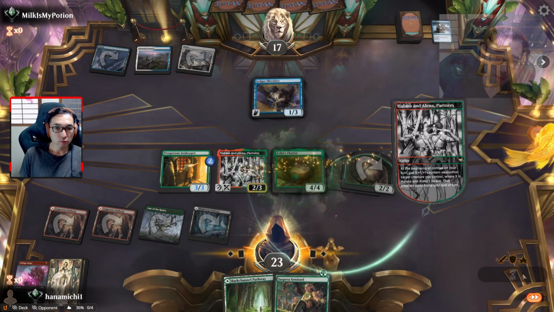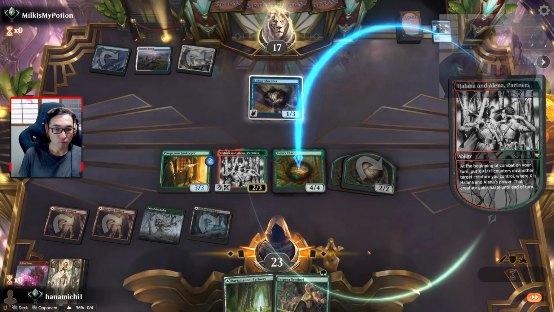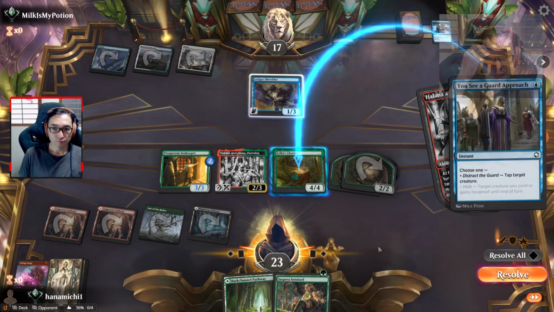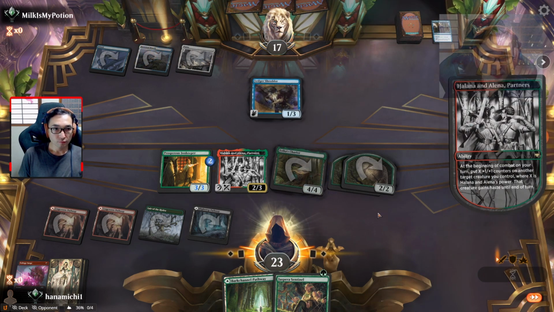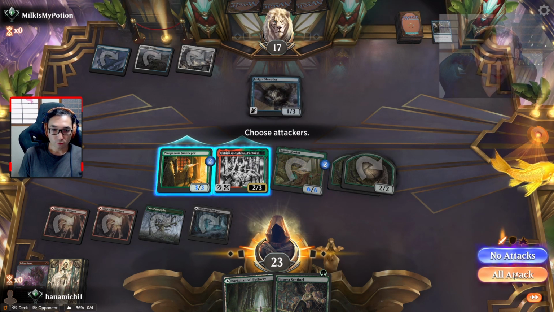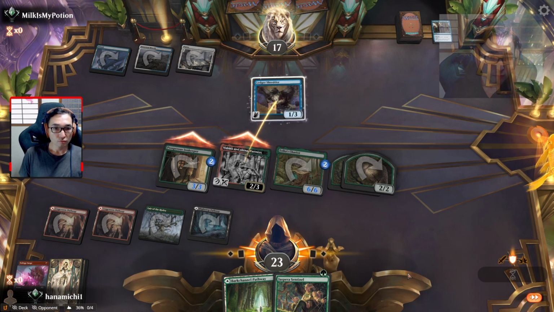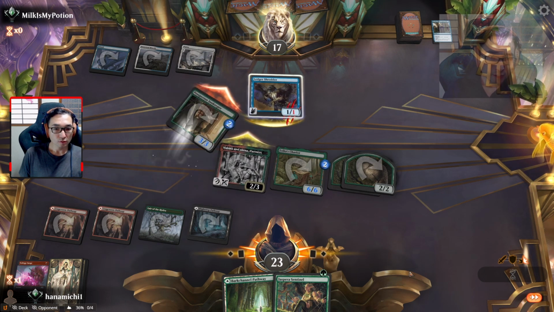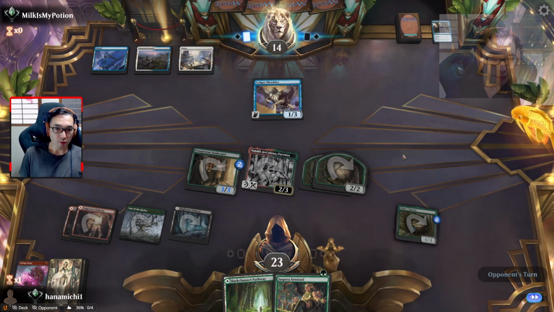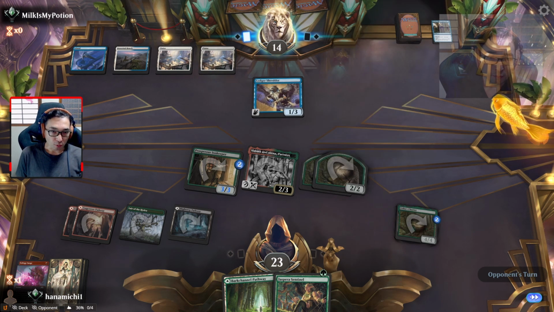Again, it's a possibility that they're holding up Fading Hope, but it doesn't seem to be the case. Oh, they're going to tap down my Chariot, which is unfortunate, but we're still able to get some damage in. They block our Halana Elena. Now, there's an argument that we could have kept Halana Elena back in order to block the Ledger Shredder, the Crackback, but